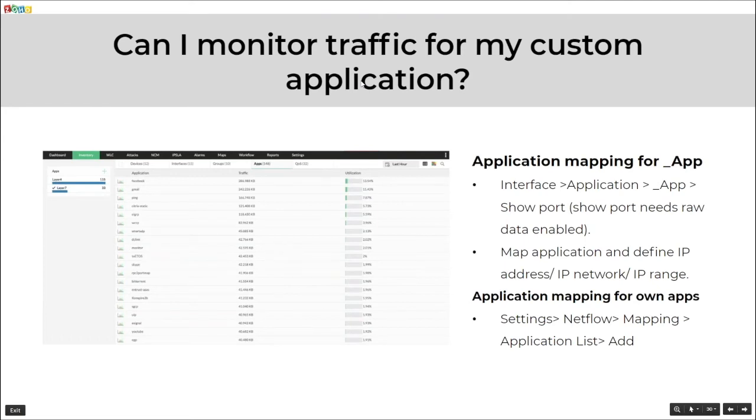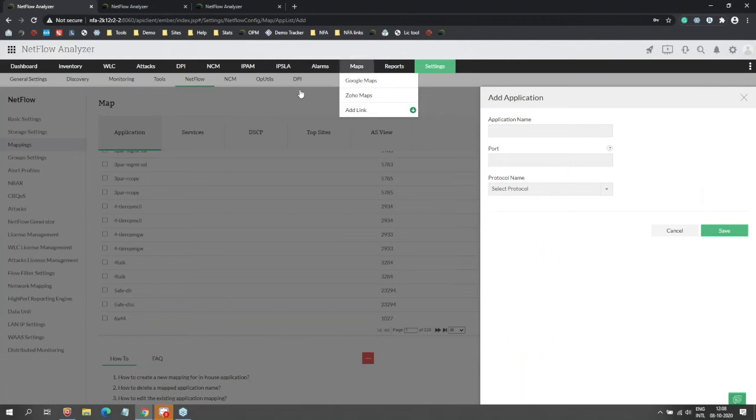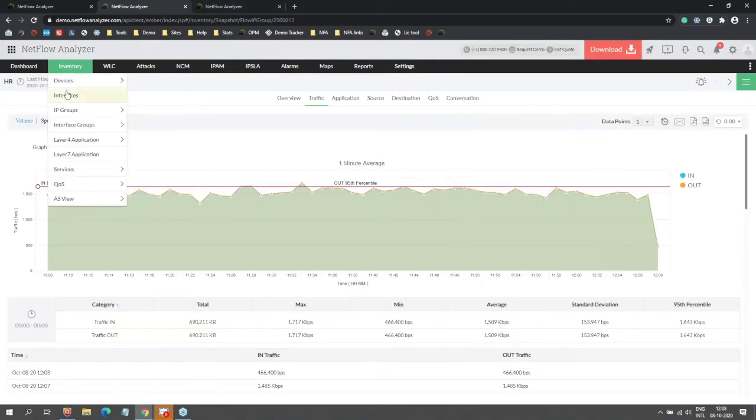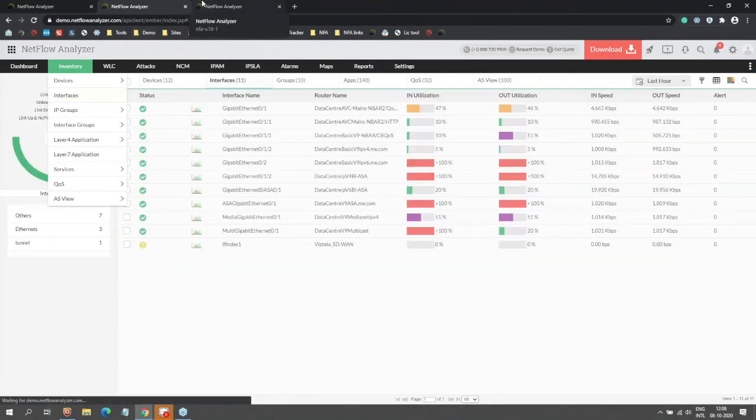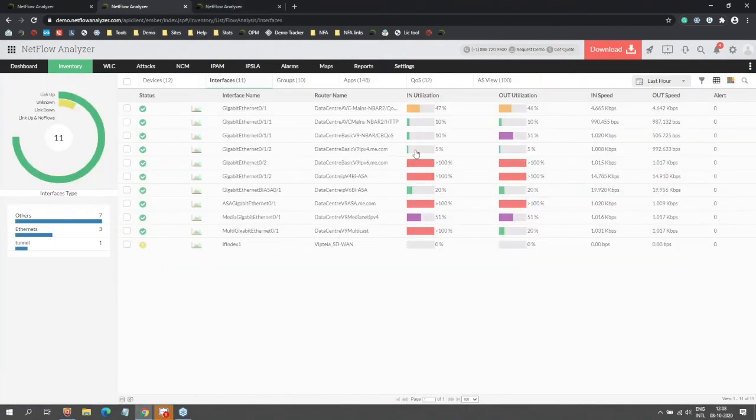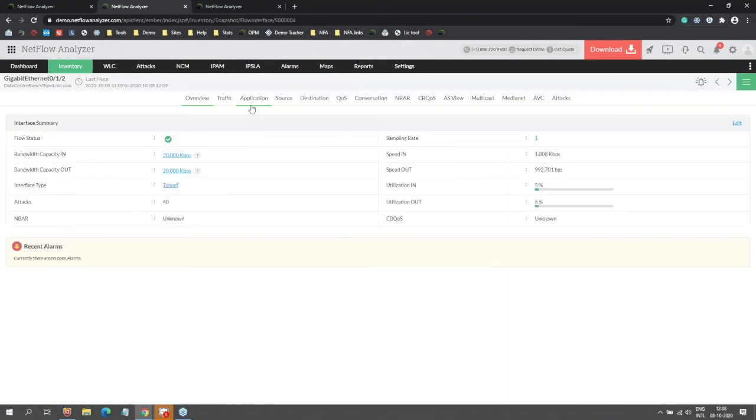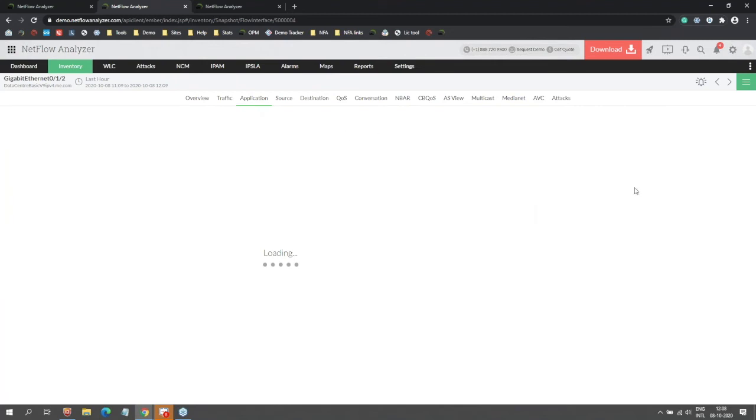There are two ways you can do it. You can do it from the global setting, which I just showed you, settings, NetFlow, and mapping, or you can do it within the product itself. Let me show you. Let's say you're collecting data and seeing the transactions happening on your interface, and we are seeing it under the application data. You go to your interface, go to the application tab, and see all these applications.